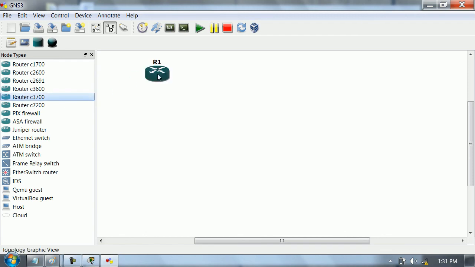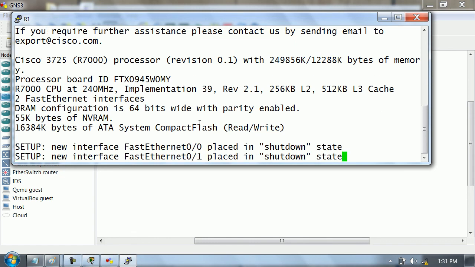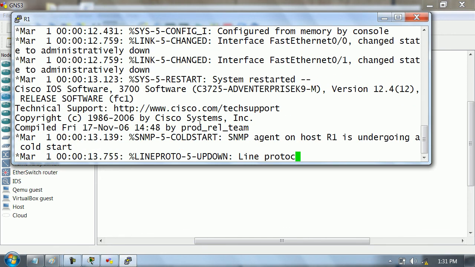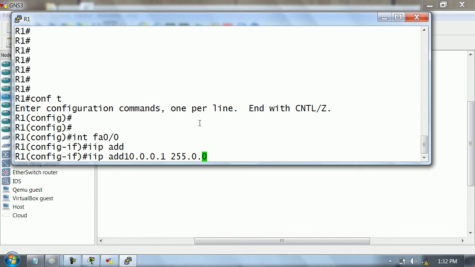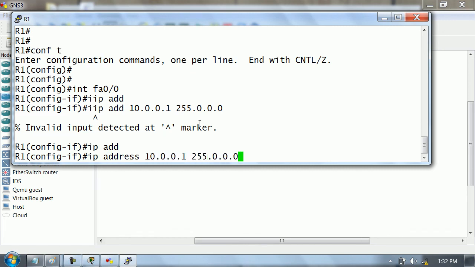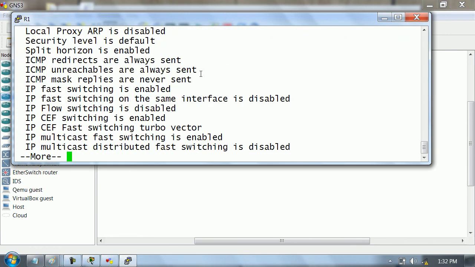I am just showing you about that proxy ARP thing, nothing else. Proxy ARP is